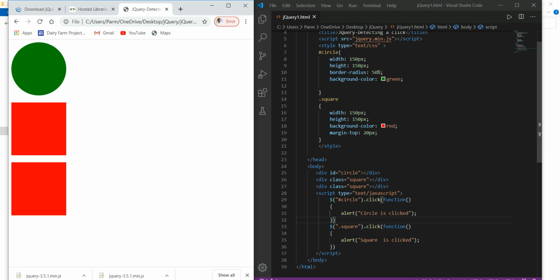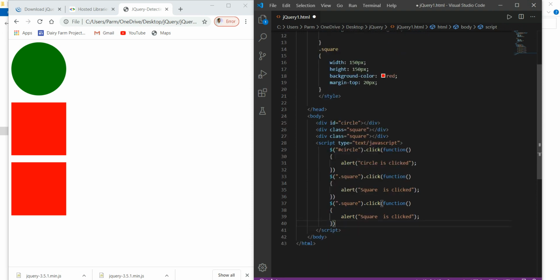We can also do another thing. Say we copy this code and paste it here. In this case we have selected the element by using its id, and in this case we have selected the element by using its class. Now we can directly select the element by using its name.